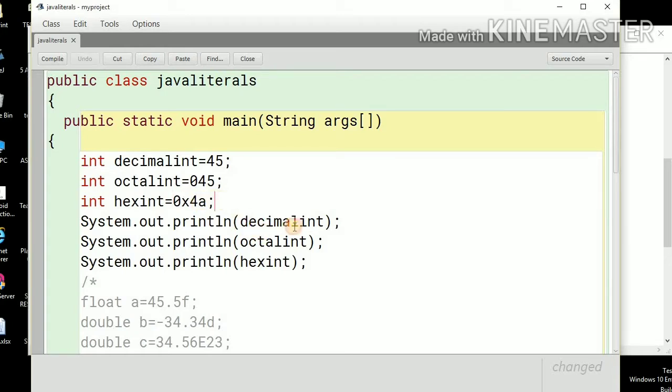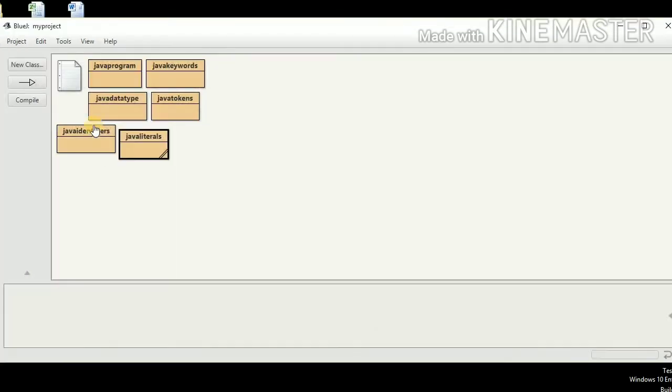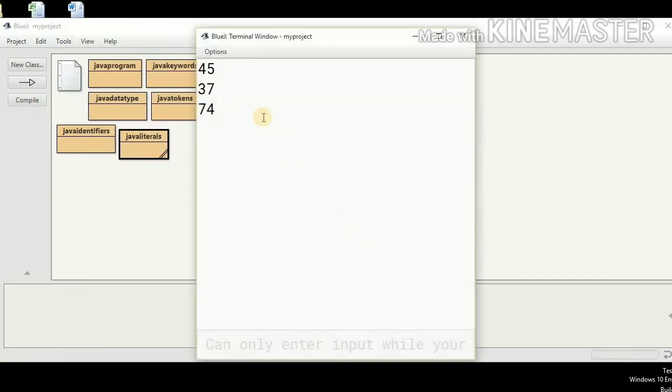Now let's see the output of these three variables. You can see the first one is 45. Remember, the second one I have written 045. That was not actually the decimal. This was the octal value of 45.